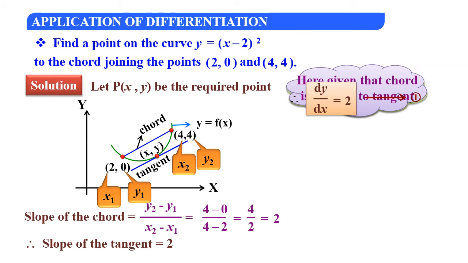In this question, when you will be finding the points on the curve, first of all, differentiate the given curve. dy by dx is equal to 2 into x minus 2 to the power 2 minus 1, in the sense 1. So differentiation of this full term is what? dy by dx equal to 2 into x minus 2 to the power 1. So after finding the differentiation of this curve, next you will be getting the slope. Because they are given two number of points here, you can find out its slope very well.